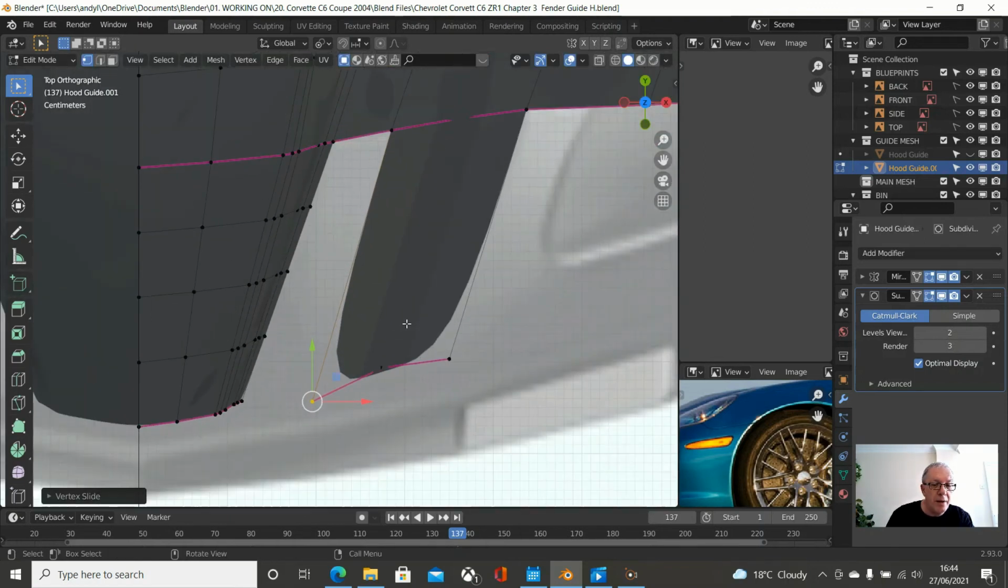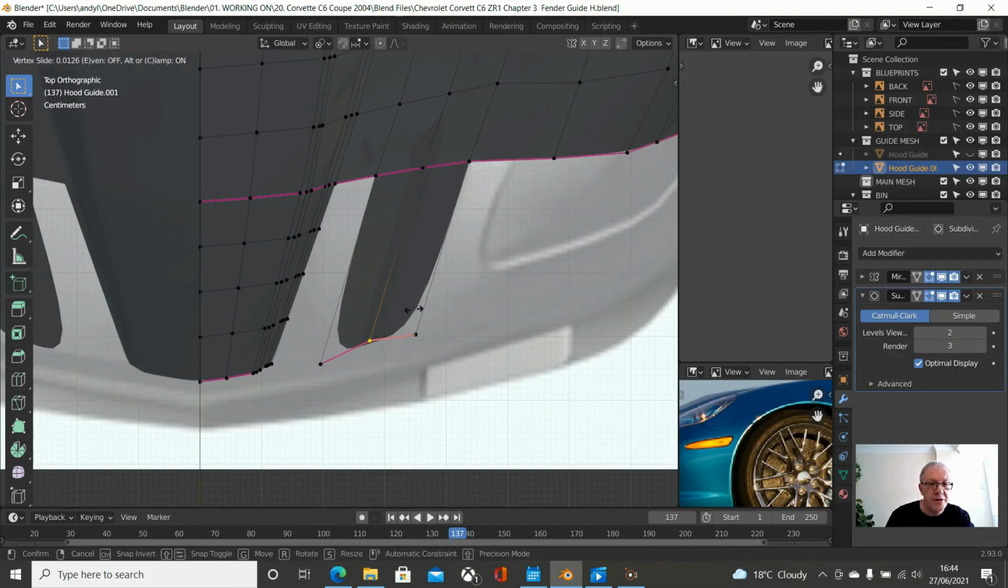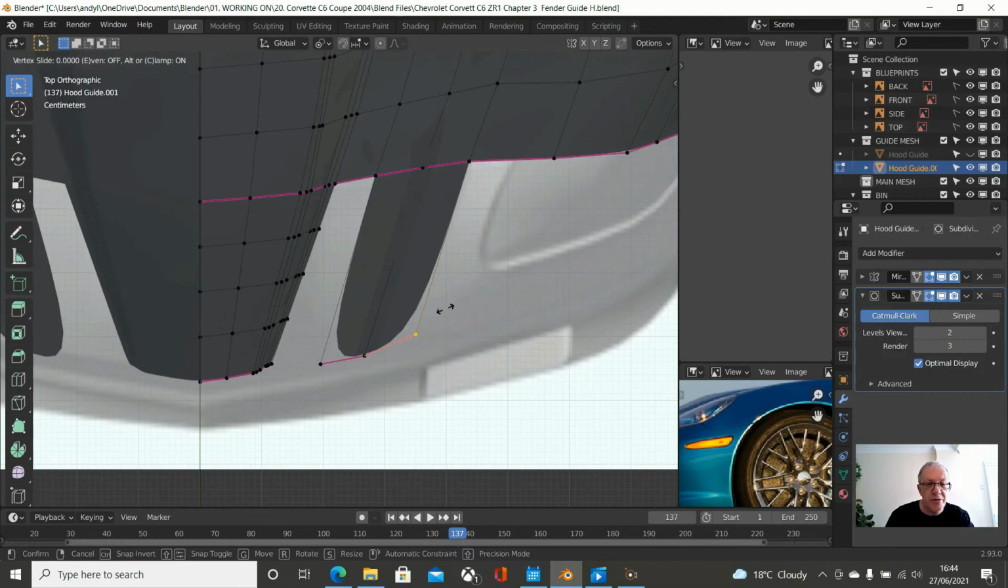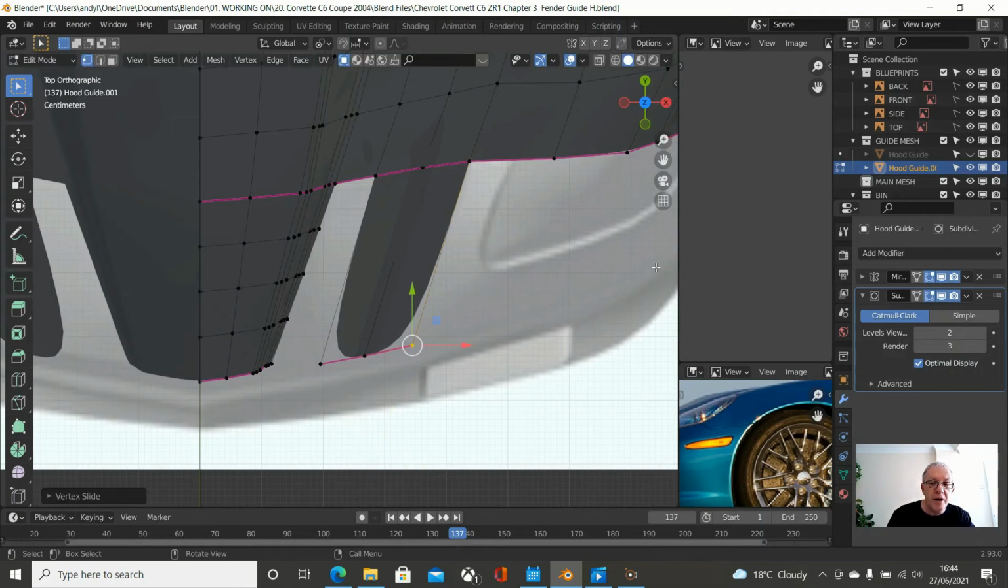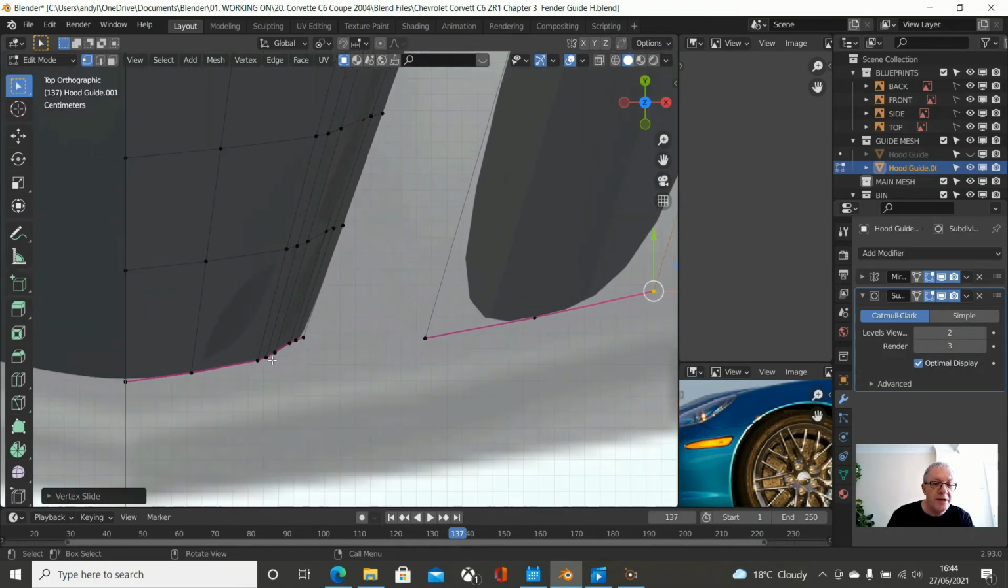Okay, let's have a look. So do the same with this one, G twice, bring it back slightly, press the C key to constrain the angle, bring it to there, and the same with this one, G twice, pull it back slightly, press C to bring it down to there. I'm trying to get this line around here, all the way around. So these need to come down to